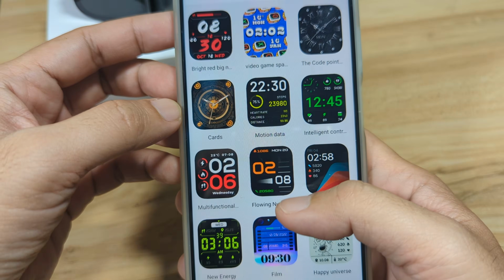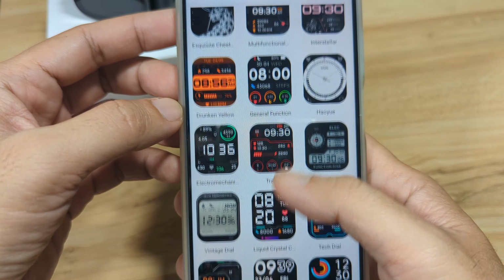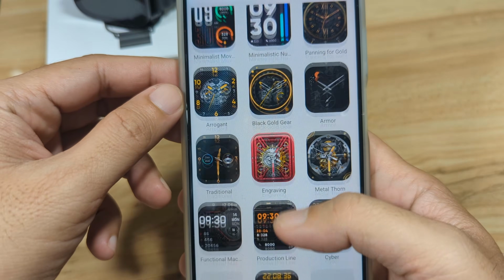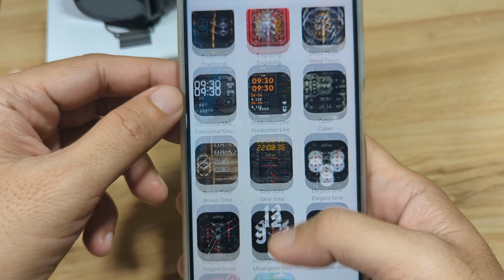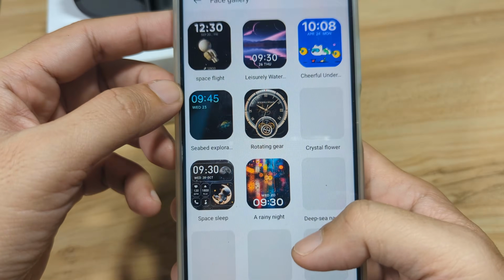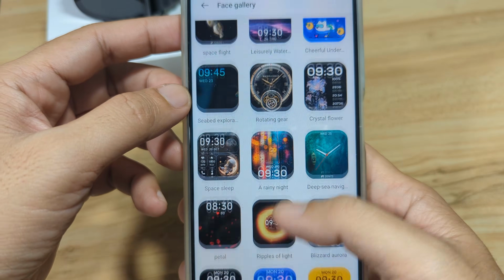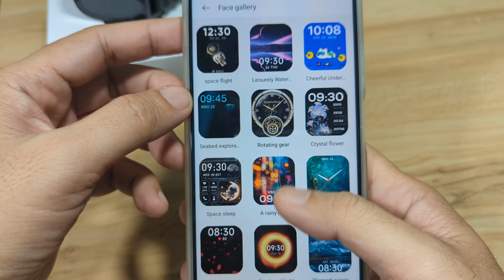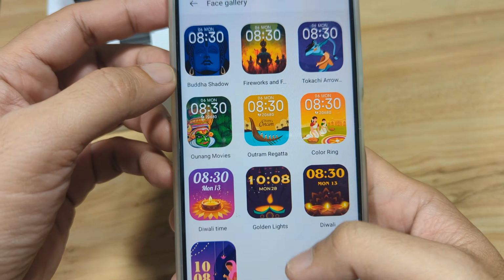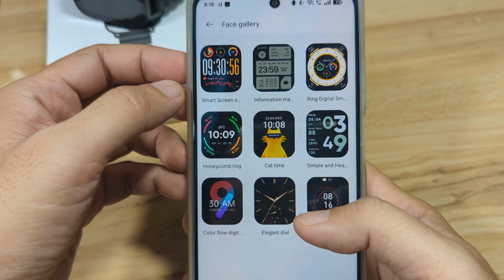We'll check it later. We'll download the functional watch face. We'll pick this one later on. So we have a lot of options here. We have dynamic here. Then we have Indian festivals. So these are the built-in watch faces.